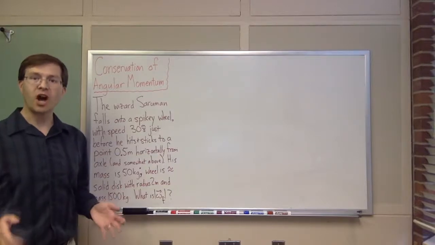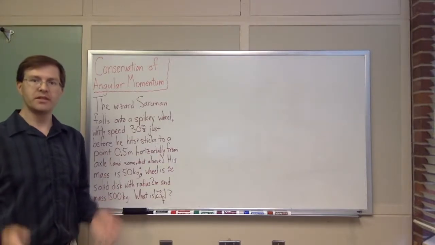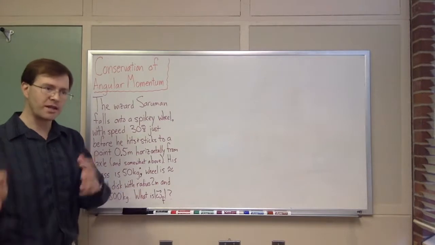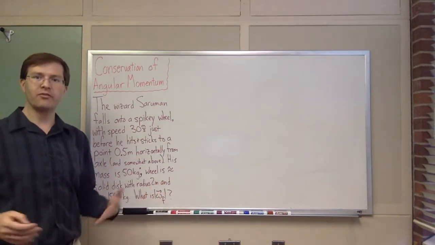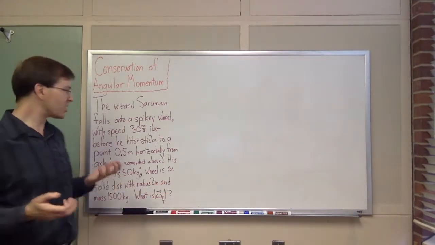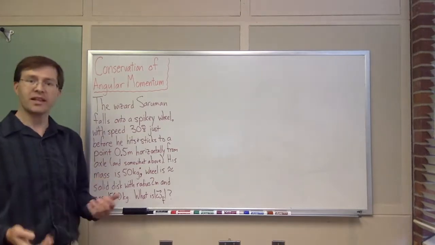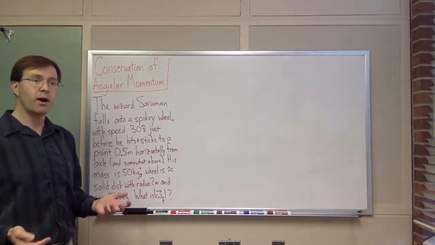I want to do an example of conservation of angular momentum. This is one of the three great conservation laws: momentum, angular momentum, and energy of classical physics. And conservation of angular momentum behaves a lot like conservation of momentum in some ways, but with the extra twist